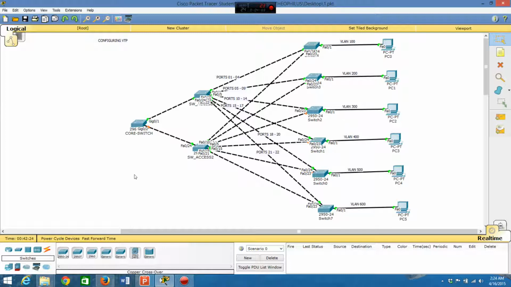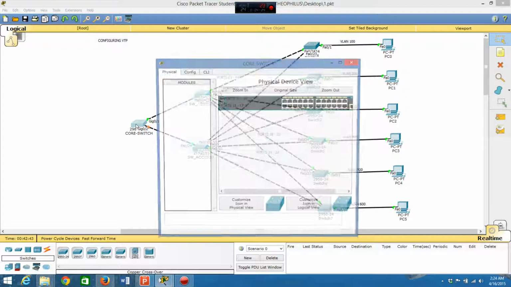Eventually I'm going to build this network into a fully functional network. I'm going to have servers on this far end. I'm going to have a router, and I'm also going to have an ISP, but that's what's going to happen eventually. But for now, what we're going to do is configure